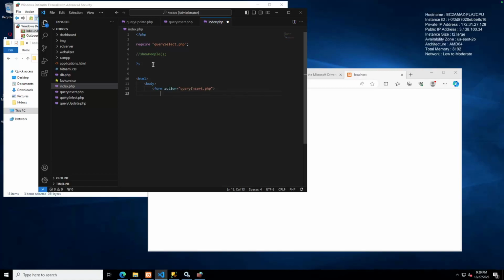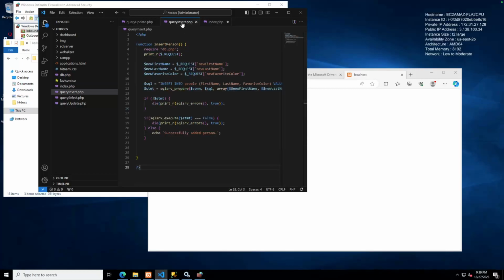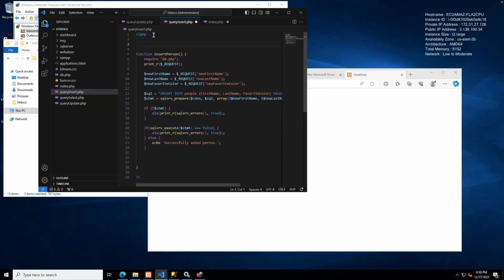The first thing I like to do, I like to give my forms a hidden input type. So input type equals hidden, with 2 D's, and then the name is going to indicate exactly what's going to happen when that form action processes the form. So we're going to query insert.php, and then I actually didn't put that part in here, but